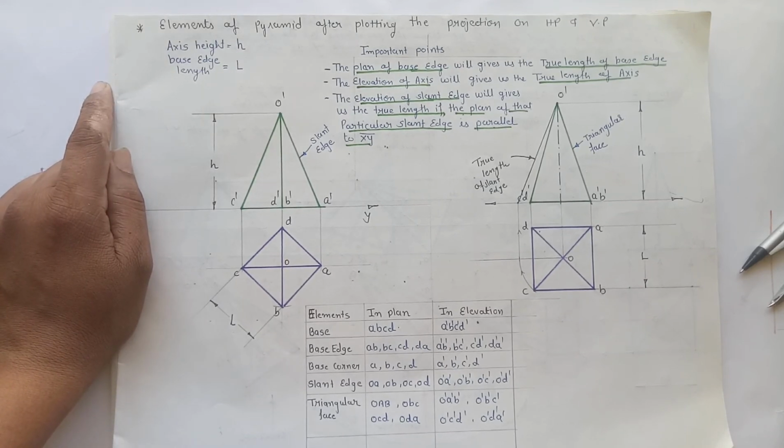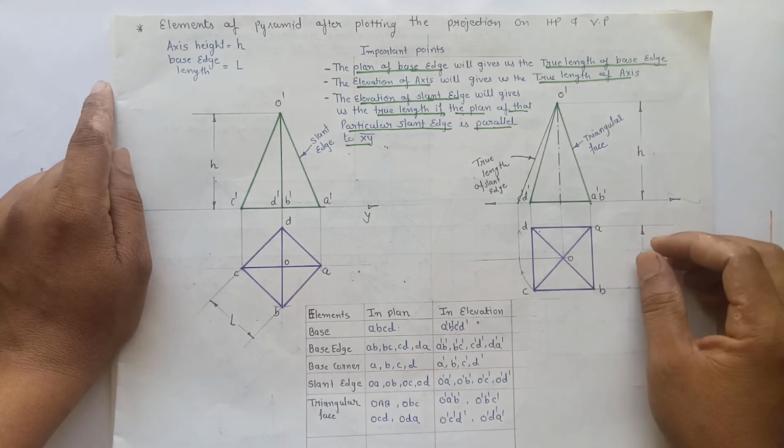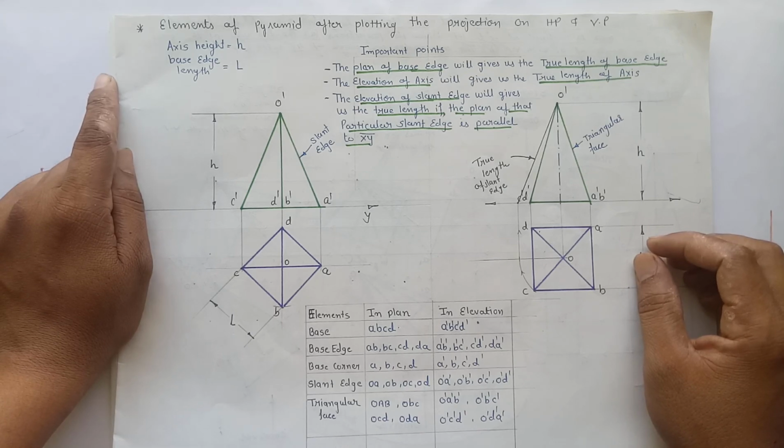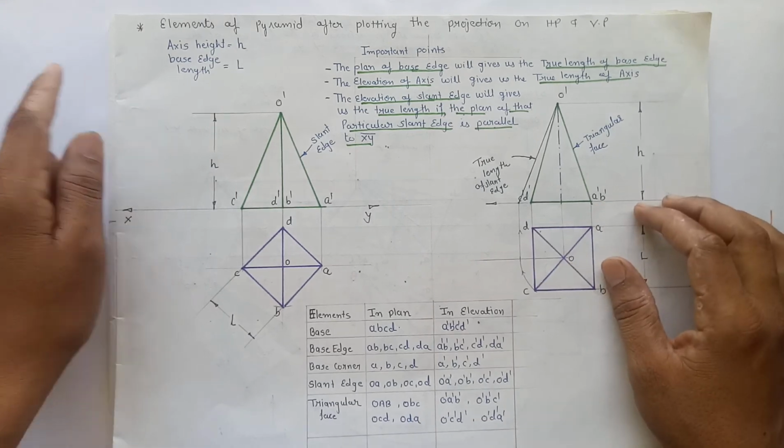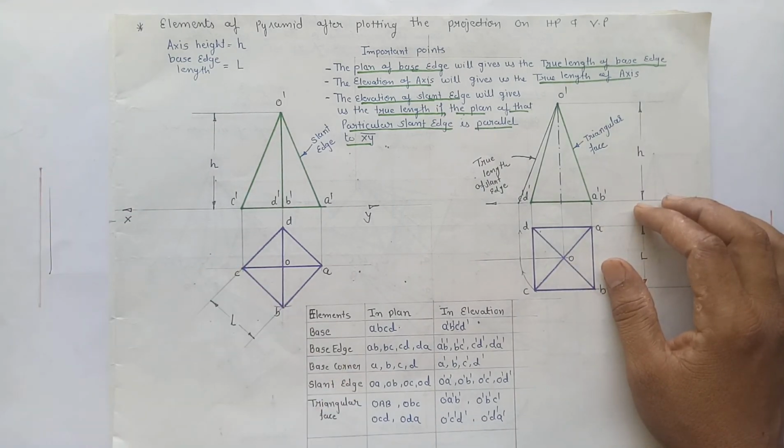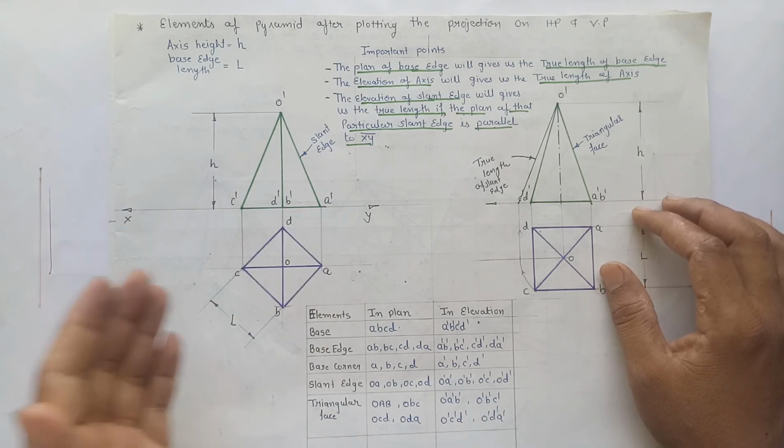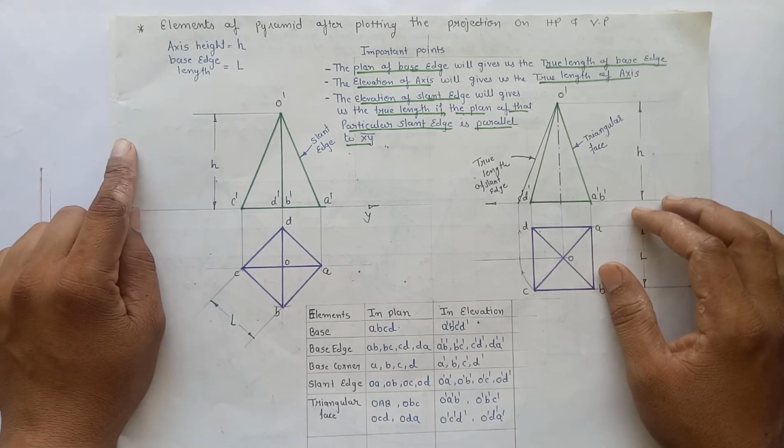How you can draw the second and third stage of this pyramid, we will learn in the next lecture. But before that, you have to take one question from your question bank. You have to refer to the PDF that I have sent you on WhatsApp with the link of these videos. After referring to that PDF file, you have to work with the statements of the problems on projection of solids, and try the first stage of projection of solids.